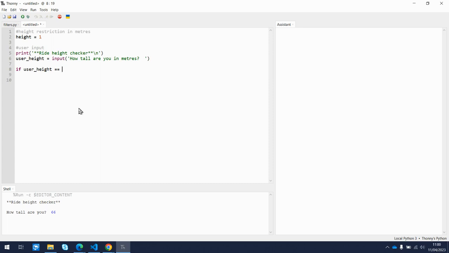So if the user height equals 1, then they can go on the ride, which is fine. But what if they're taller than 1? Well, they can still go on the ride. So we might want to change this to if it is bigger than, greater than, taller than, or is 1, then we can go on that ride. Okay, so we've defined our condition. If the user's height is greater than or equal to 1, so now we want a colon,